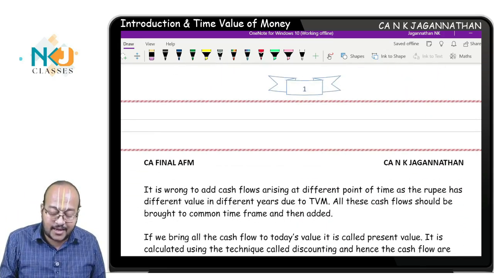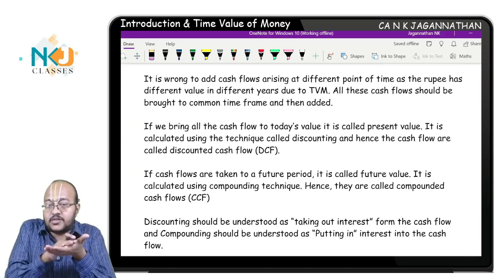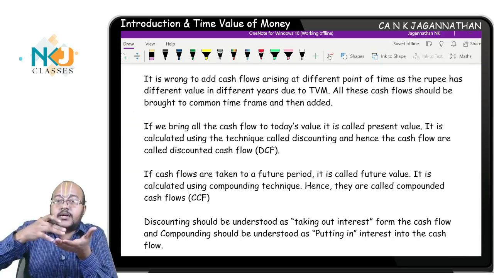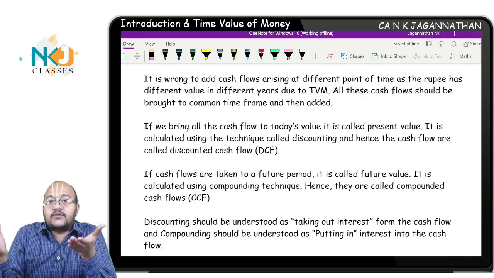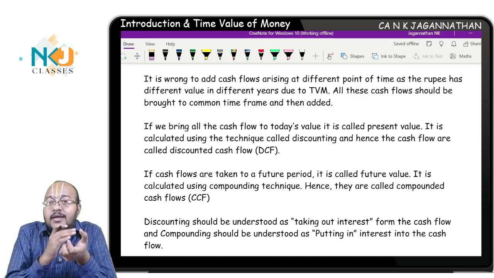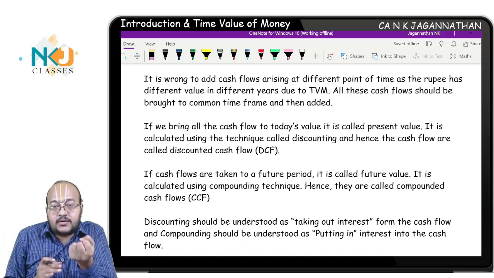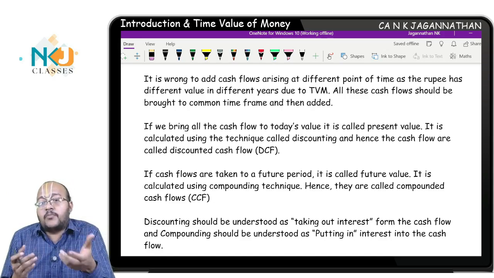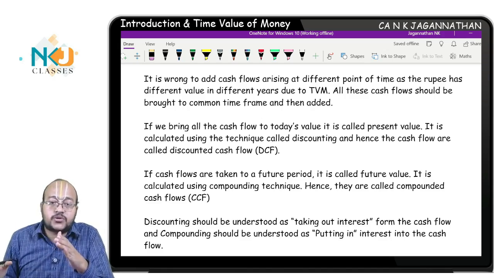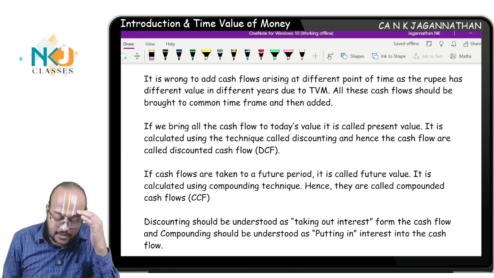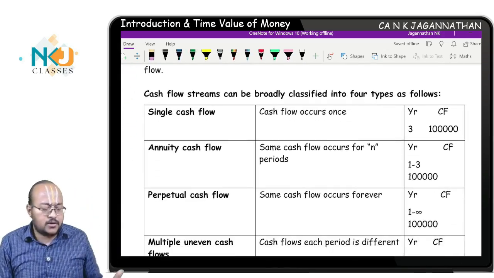Discounting is nothing but taking out interest. I told you, today's money is more valuable, the principal portion is getting added by the interest portion. So if you take out the interest, you are effectively discounting. Discounting is nothing but taking out the interest portion from the maturity value and getting the real principal portion, correct? What is compounding? Compounding is nothing but adding the interest portion to the principal portion, correct? So all this I have explained here. Briefly, I explained. So yeah, next, moving on quickly.